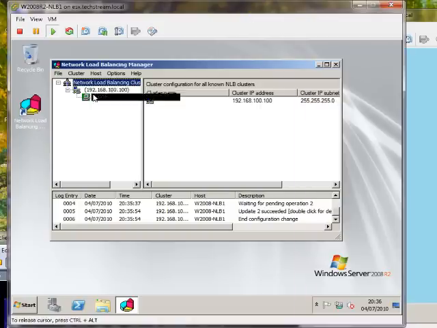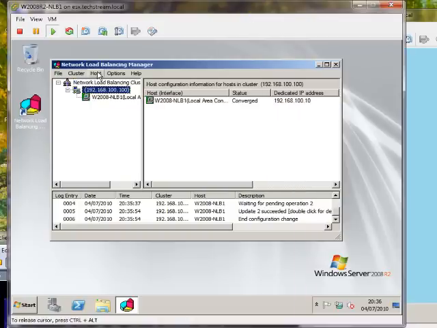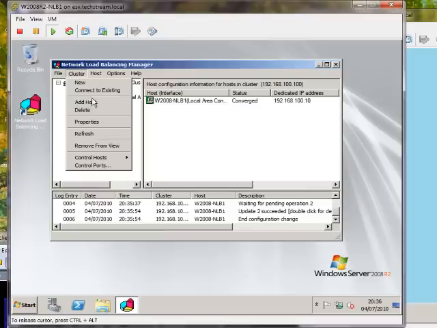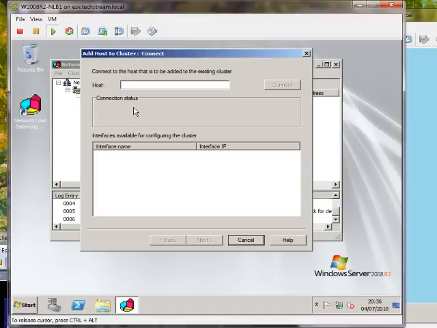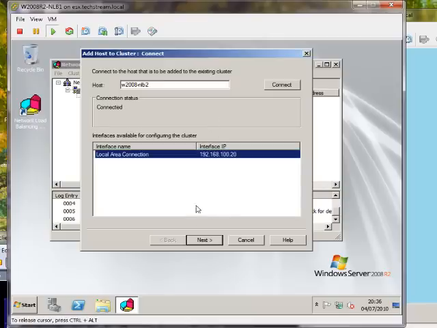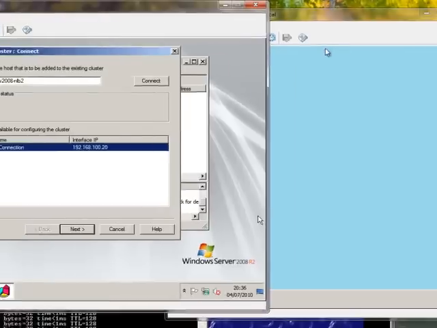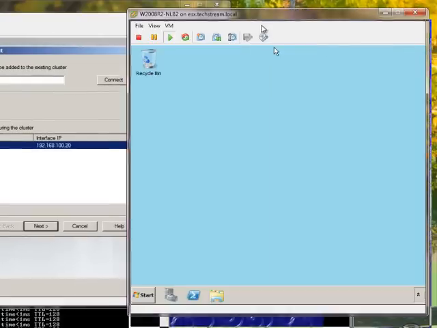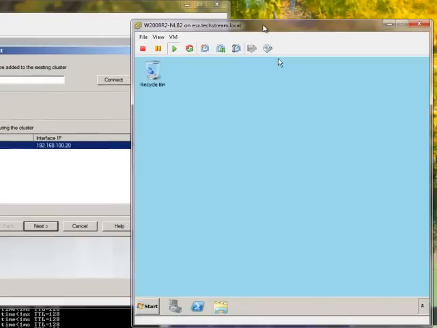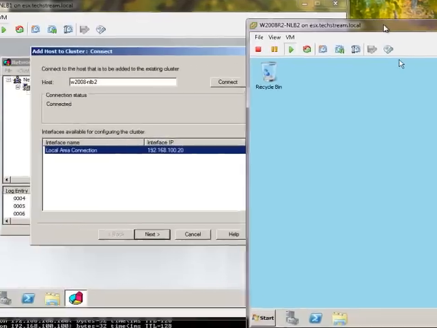What we'll do is if we select the cluster and then go to Cluster, Add Host. We'll add NLB2. Now what's important here is for this to actually work, the credentials you're using on this machine need to work on the other machine as well, which either means each computer is a member of a domain and you've got administrative credentials throughout the domain, or like we set up here, the